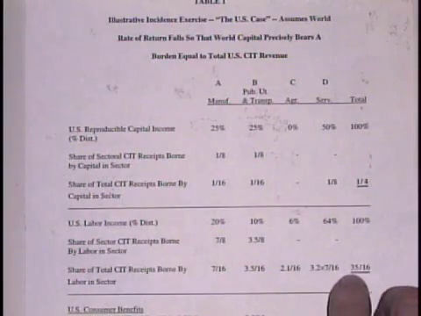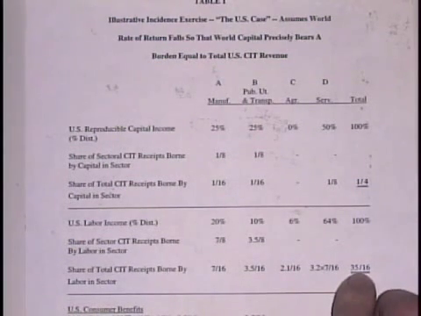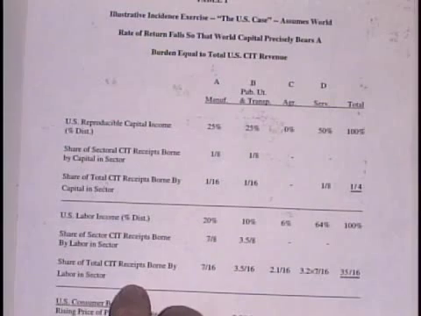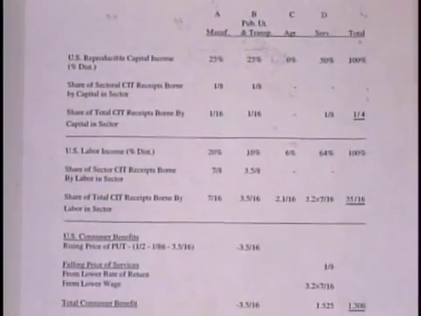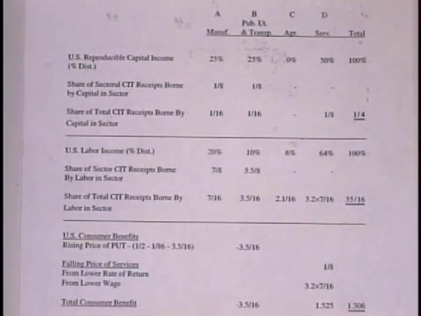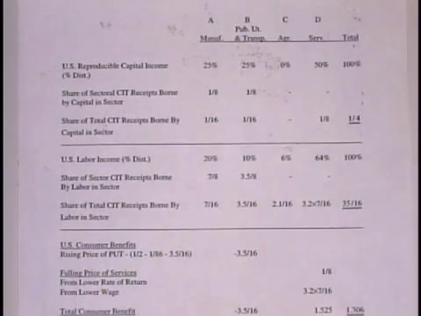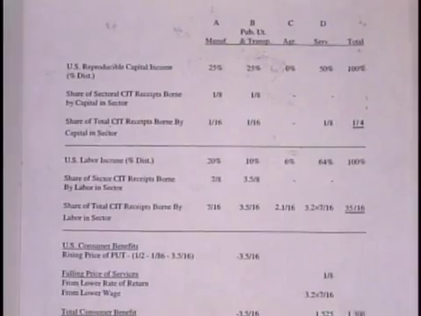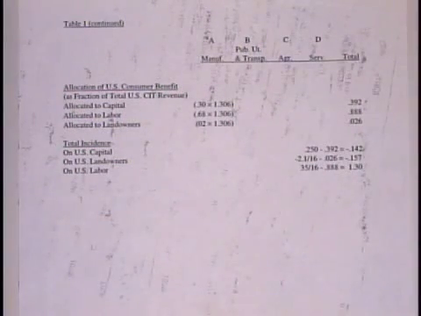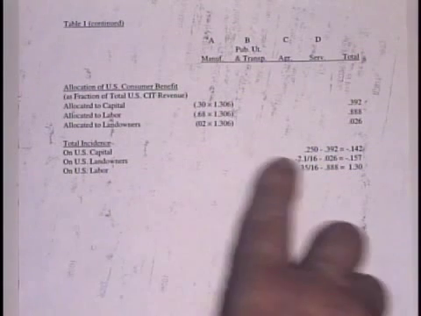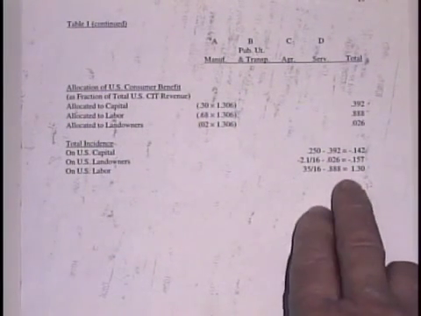But by the time you spread that over the whole economy, it turns out that labor ends up bearing more than twice total U.S. corporation income tax receipts. Then we have consumers losing through the rise in the price of public utilities, gaining from the lower price of services. And then we allocate these consumer benefits between capital, labor, and landowners, and we end up in this example with